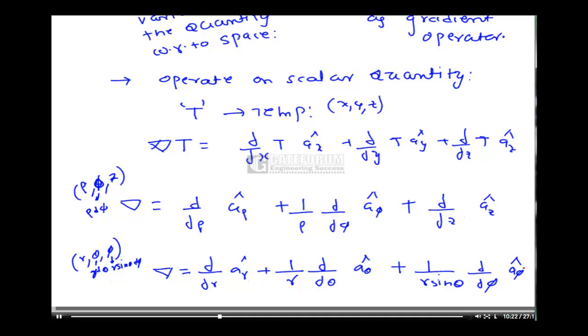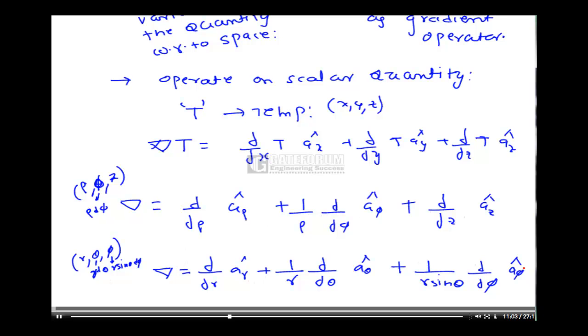So like this you can easily remember the del operator in cylindrical coordinate system and spherical coordinate system. So this is the easy way to remember. That's why, if you remember the arc lengths, that is the differential lengths of the three coordinate systems, you can easily remember all the formulas in a logical way. This is not a standard one, just a thumb rule to easily remember, because from our examination point of view we need the formulas. So this is one of the best ways to remember the formulas.